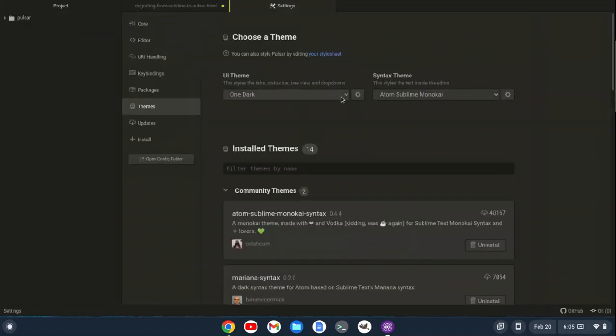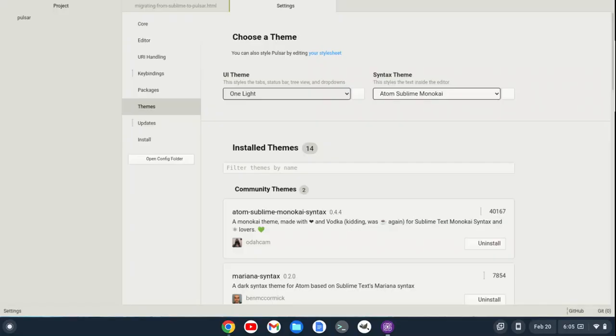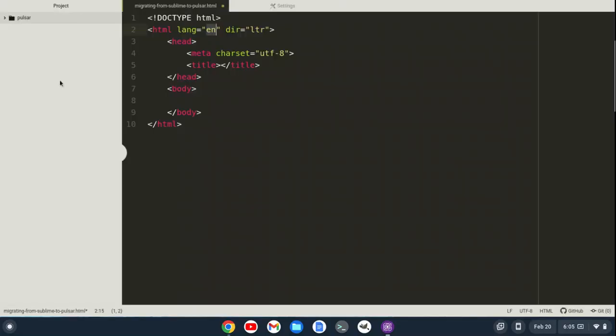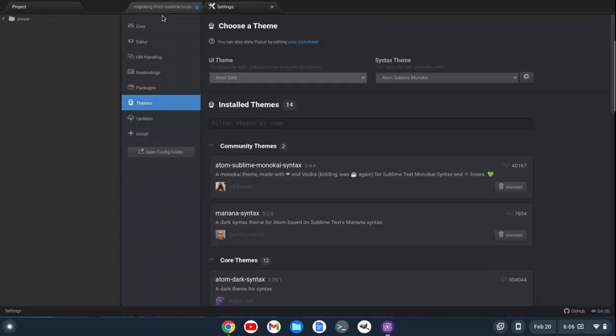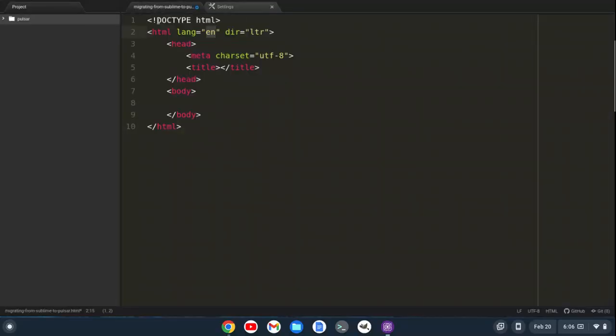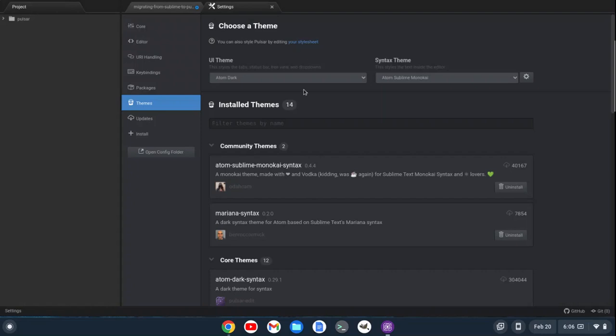Also, if you like the white sidebar, you can do the One Light here, okay? And then you've got the white sidebar with your Monokai theme right there. If you like the angled tabs, you can either do Atom Dark for your theme, and that'll give you the Sublime style angled tabs, or you can do Atom Light, okay? If I do Atom Light here,